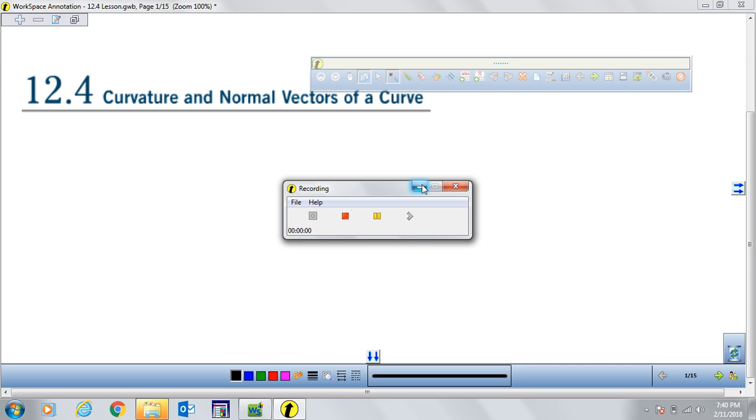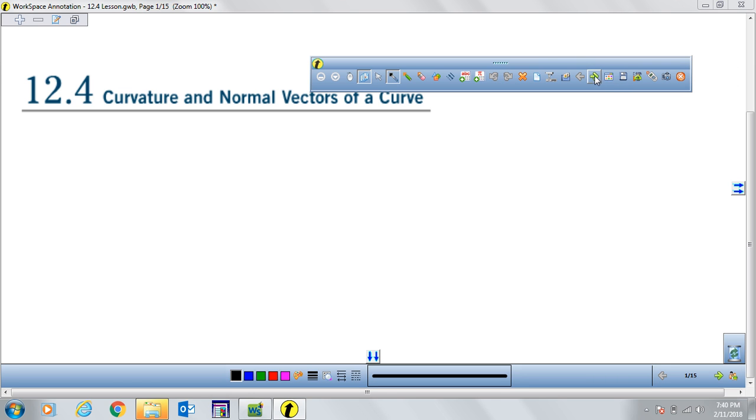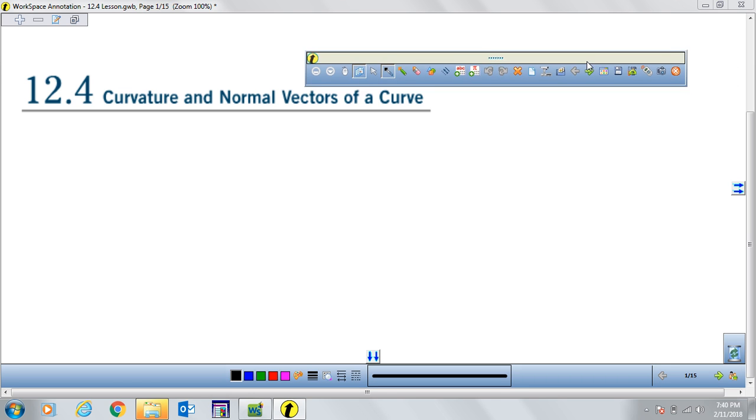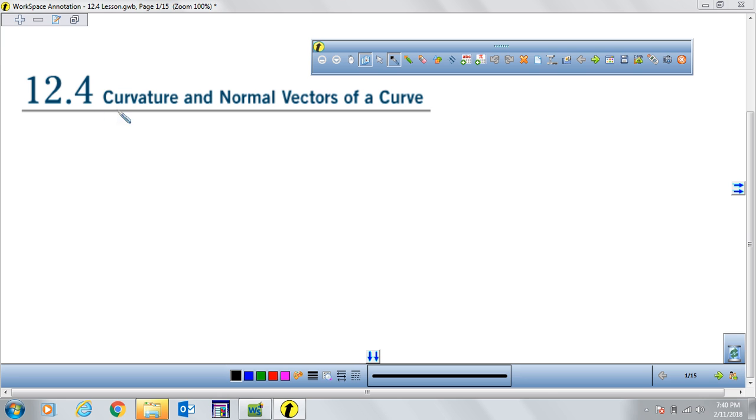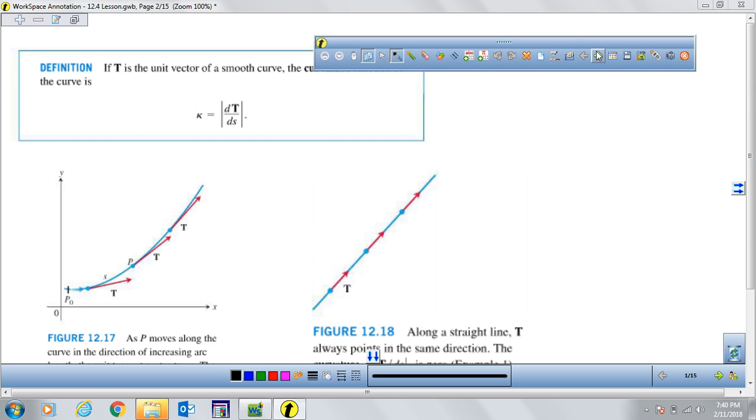In section 12.4, we will be discussing curvature and normal vectors of a curve. Now, in the previous section 12.3, the tangent vector was discussed. Okay, so now if we're given any curve, any arc length s, and the tangent vector at any point